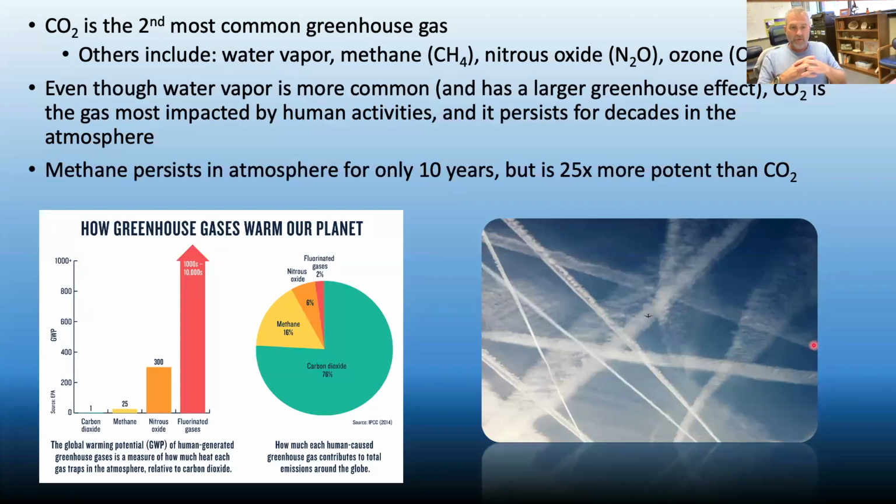Now, methane, which is 25 times more powerful than carbon dioxide in terms of its radiative forcing, persists in the atmosphere, not for as long, but the difference in its potency, it's 25 times more potent. That means that overall, it can be far more hazardous, especially as the climate is warming and more methane is being released as a result of that thawing, particularly in areas that have